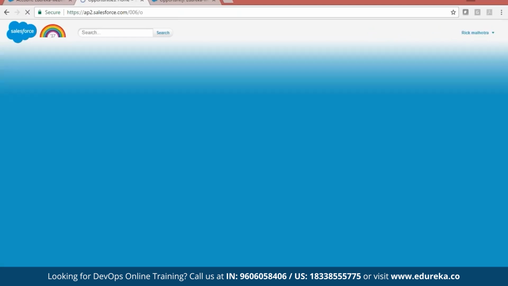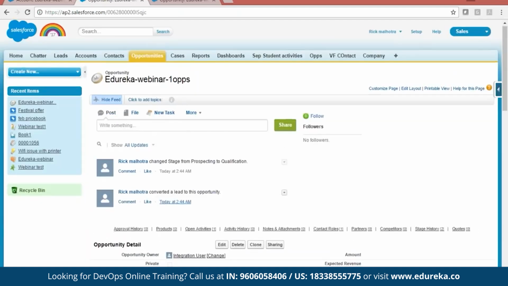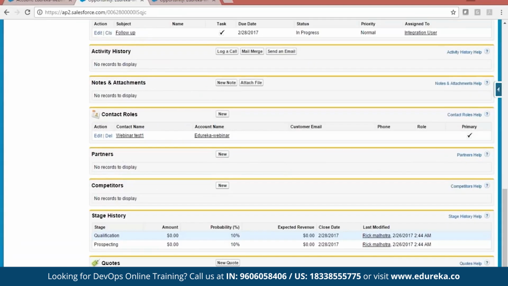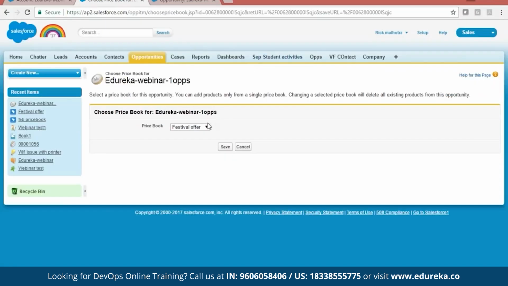Let's get back to the opportunity, open it, and let's try to include the product. So if I scroll it down, go to products. Before adding a product, I have to choose a price book. Now I created an opportunity and the person is talking to me. I need some discounts and something. So I can tell them the standard price of the product is about $4,500. But because it's a festival season, or maybe it's February, like those kind of price books I have, let me tell you the exact price which I can offer. But remember, only one price book can be available for an opportunity.